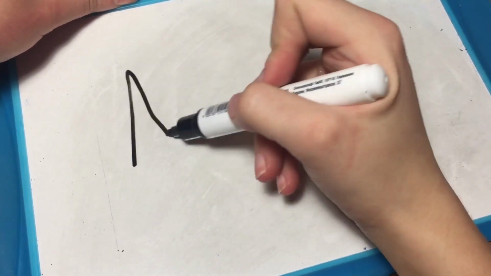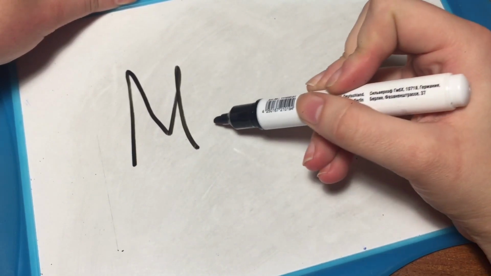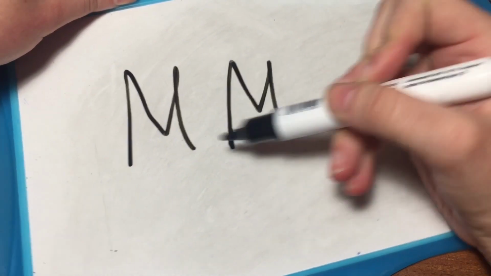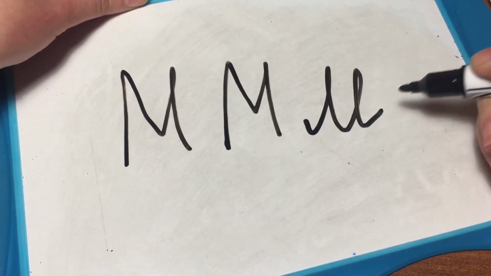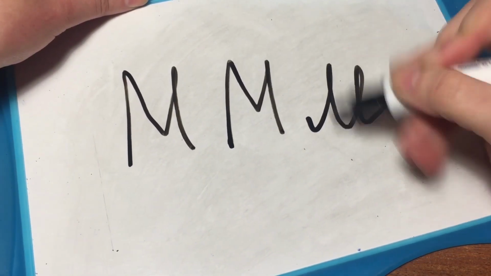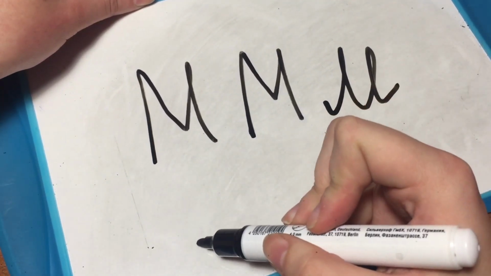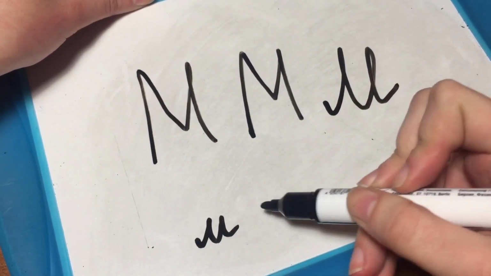Next up is the letter M, and it's really similar to the English one. It can be like this, or yeah, more angle-ish, or it can be a bit more fancy, something like this. I usually write it this way. For the small letter M, it can be either this one or this one. Next letter is the letter N,